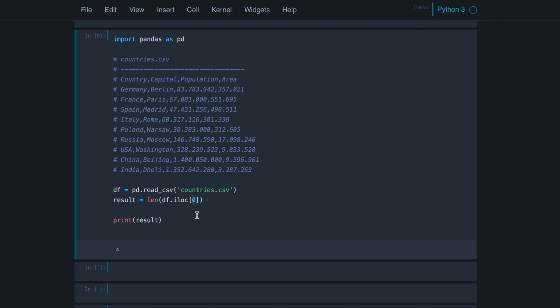to it. This is not the index number or the index label. This refers to the position of the row in the data frame. So currently this has index 0 after I create the data frame, but for example I could sort the data frame by country name, and then Germany will not be in the first place anymore, but still the index label would be 0,